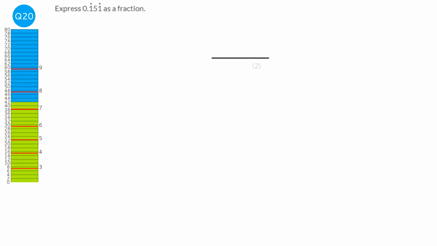I'm going to first of all get x equal to 0.151151, blah, blah, blah. And what we need to do is pull all of the recurring numbers in front of the decimal point, or at least one instance of them. So I need to times it by 1,000. So we're going to do that. Times it by 1,000, and we'll get